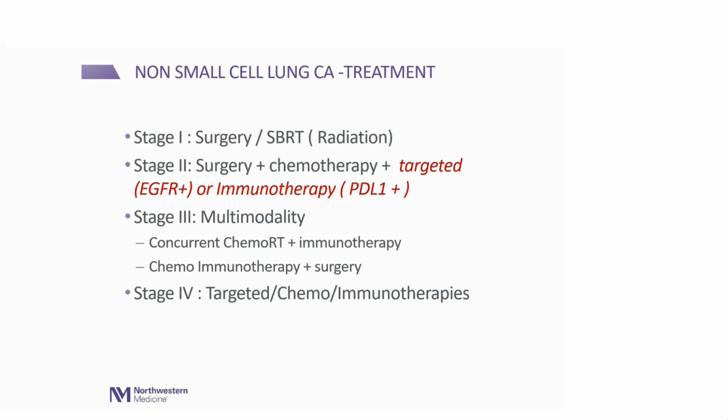Stage 2, remember, this is the one where it goes to the lymph nodes. Again, we do surgery because it's still early stage. Surgery offers the best chance of cure, so you remove it. Invariably, when it's stage 2 and moves to the lymph nodes, we always follow it with chemotherapy, because the medicine goes through the body, into the blood, throughout, and the fact that it went to the lymph nodes means it could escape and go throughout the body. So you want to get a handle of that. You want to get a hold of that. So that's why we do chemotherapy always after surgery.